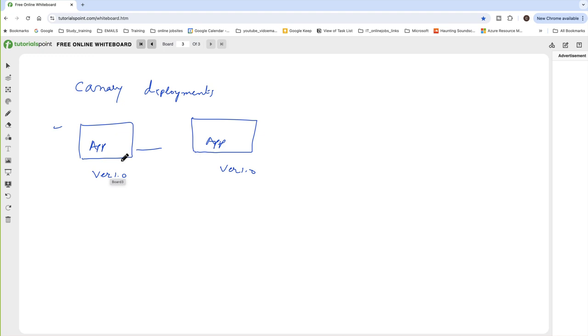So mostly big applications, which generate millions and thousands of dollars and pounds, want to have a blue green deployment. For a medium range, they prefer canary deployments, so they can have version 1.0 working over here, and same as in the